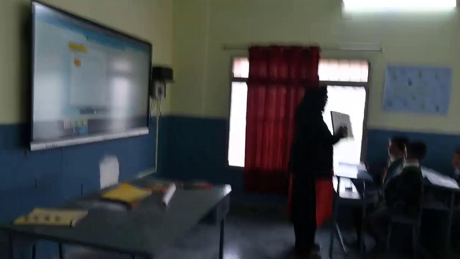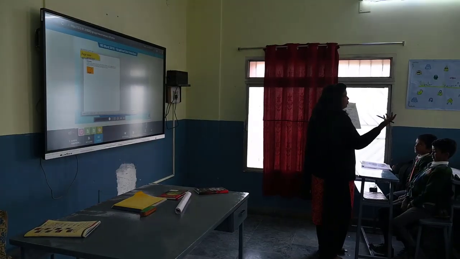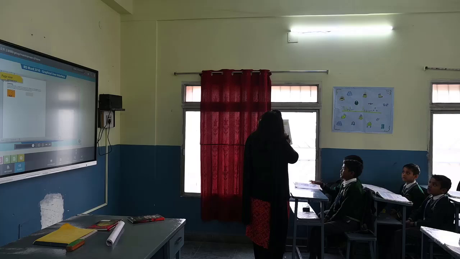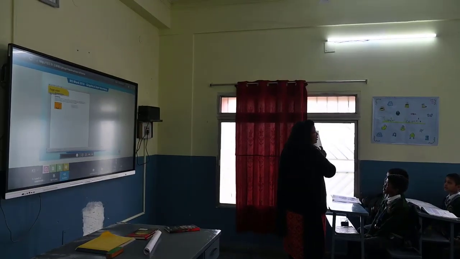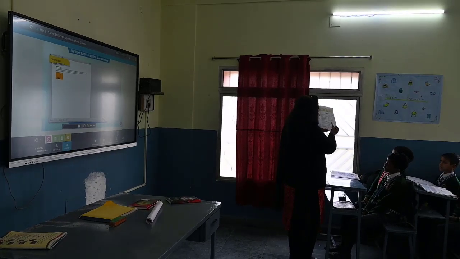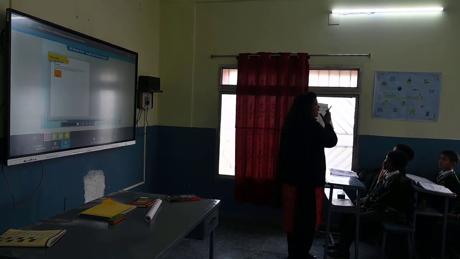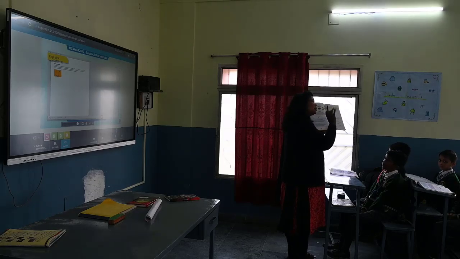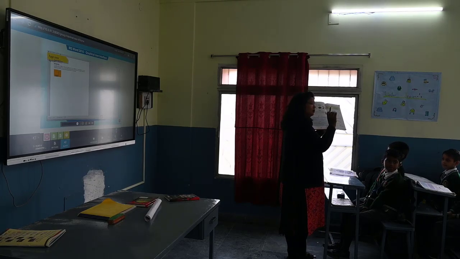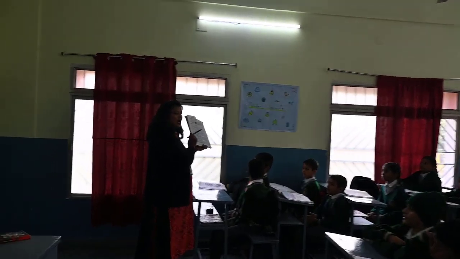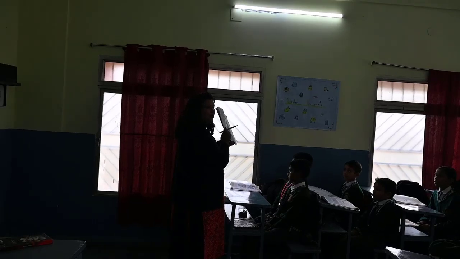Suppose how your page should look. This way it should look, not this way. Okay, colors, adjustments. Can you see? Yes, ma'am. Tick the correct answers, how it is done. Fill in the blanks. Match the following. So this book of yours has also first been typed in word processing software. Only after that has the hard copy been made.